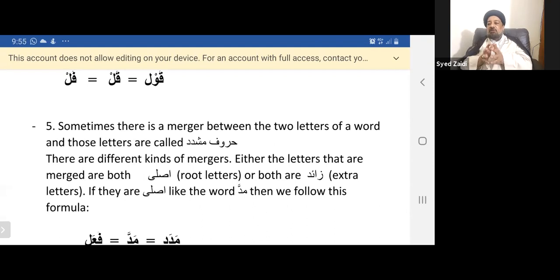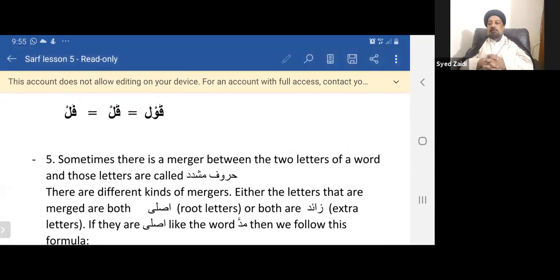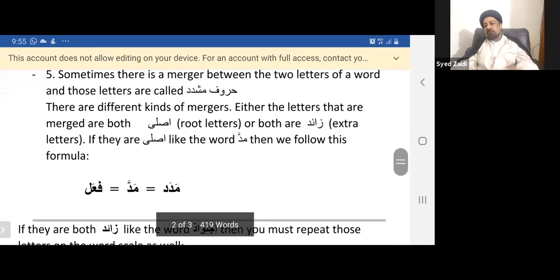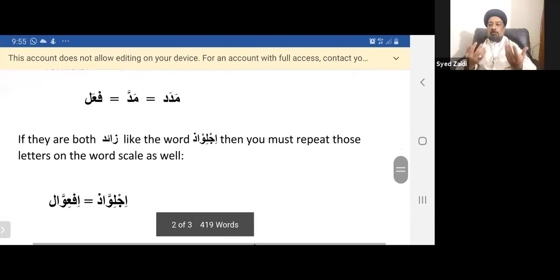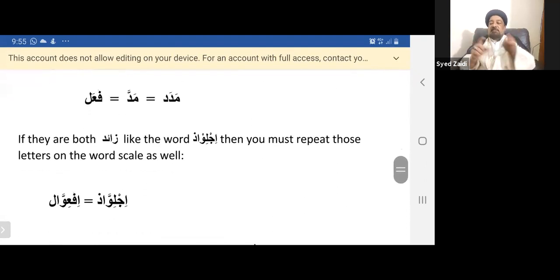Now there are different kinds of these mergers or idgham. This process, this merger, is called idgham in Arabic language. So there are different kinds of mergers. Either the letters are both asli, or if you scroll down, then you'll see the differences. Either they're both, once you see the merger of the letters, you see that both are asli, that have merged